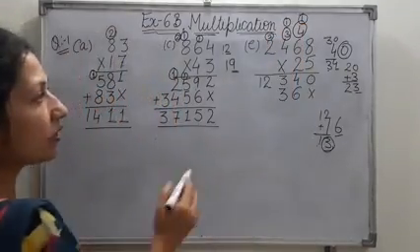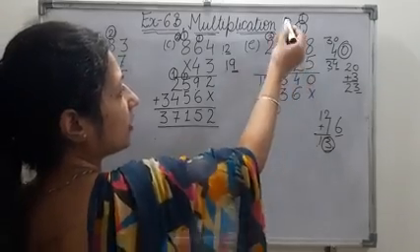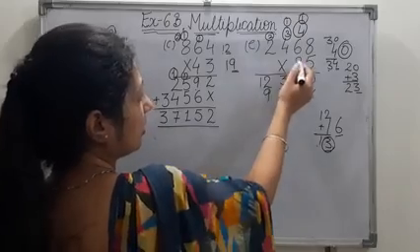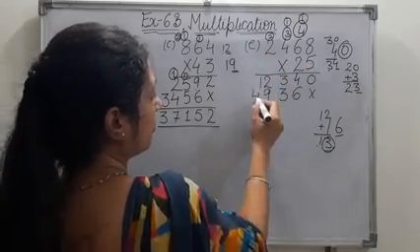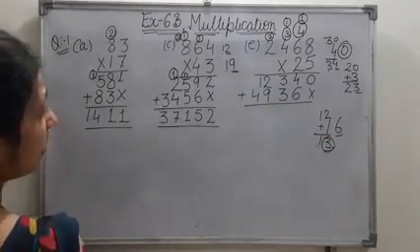Okay. Next we have to multiply 4 2s are 8. 8 plus 1 is 9. Next is 2 2s are 4. Okay. Now add these two numbers. So our answer is